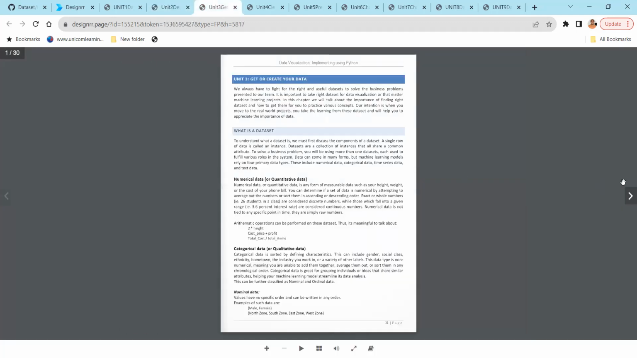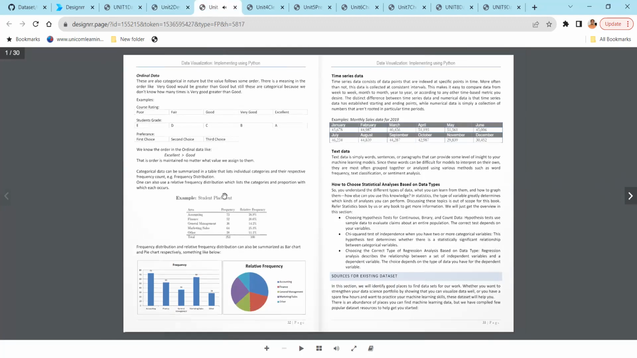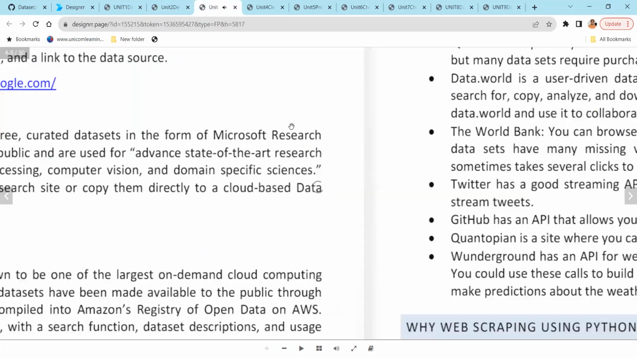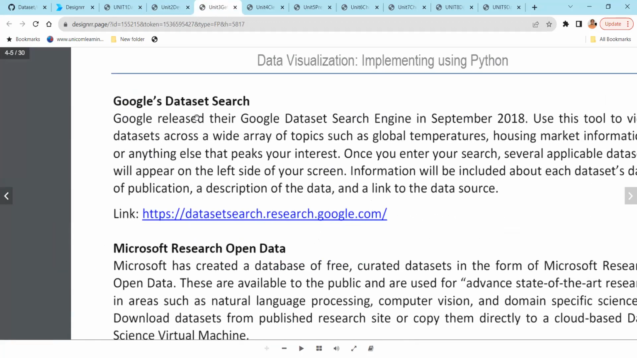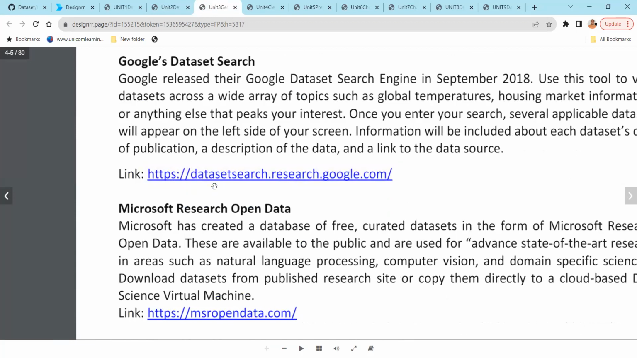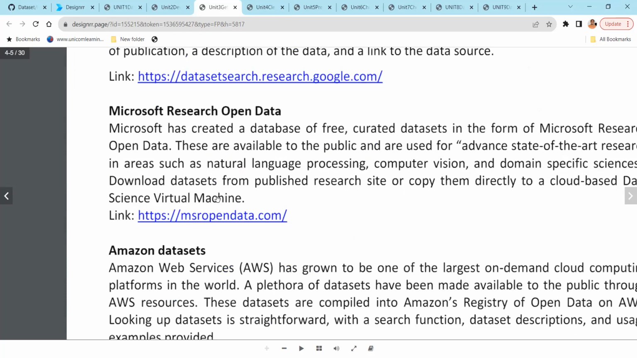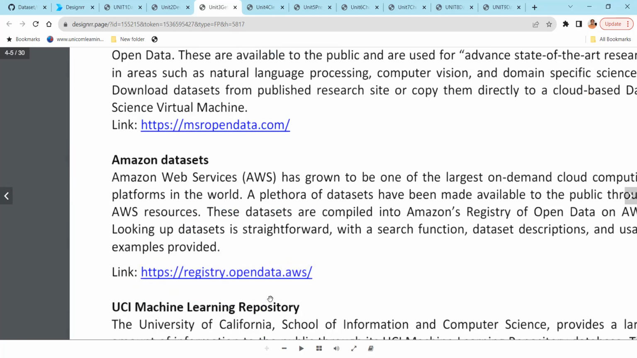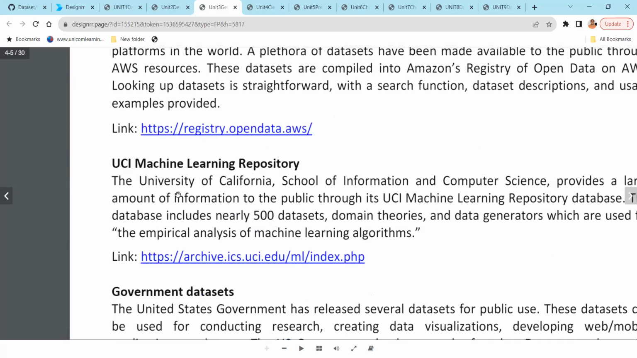Chapter 3, you talk about how to get the data. It talks about data types, mean, median, mode, and then the sources of data. Kaggle is the most popular data source, but apart from that, you can even get data from Google. Google has a dataset search, search.research.google.com. Microsoft has its own website. Amazon has its own website, registry.opendata.aws. UCI: most of the machine learning examples you'll see on the internet will be using UCI,